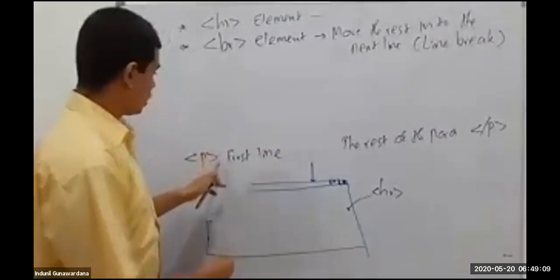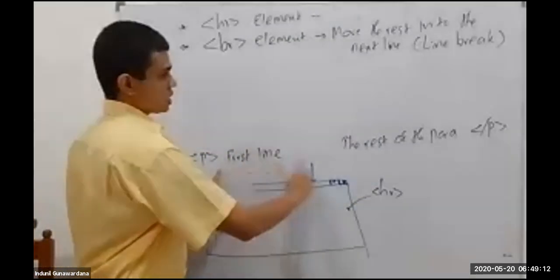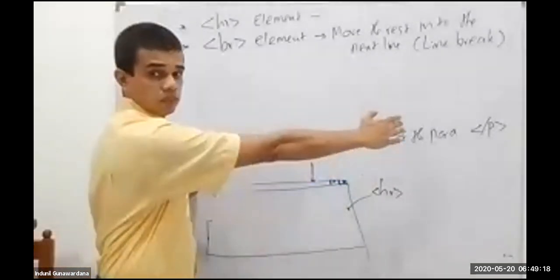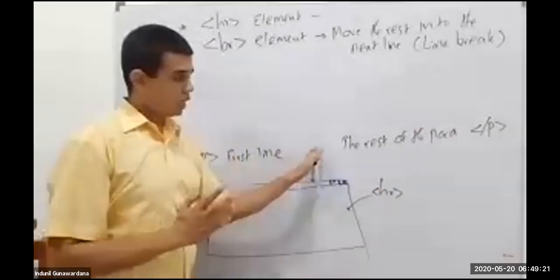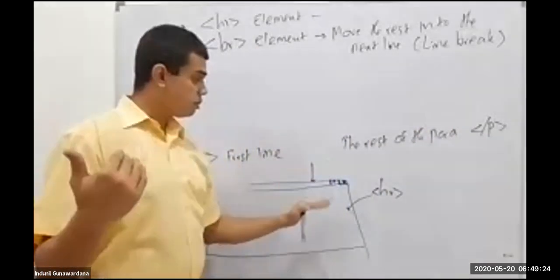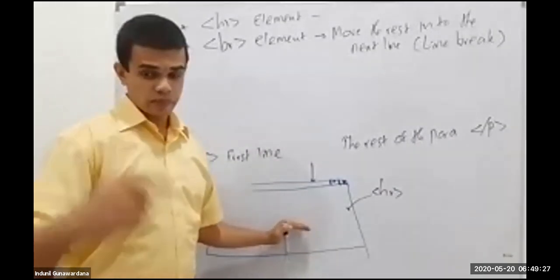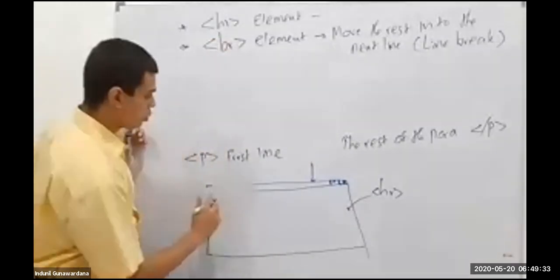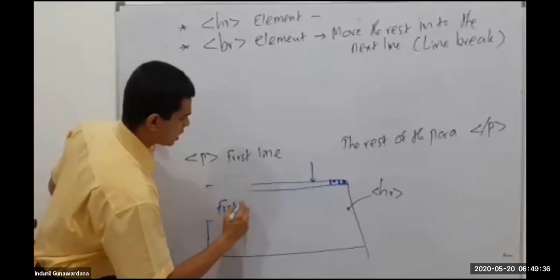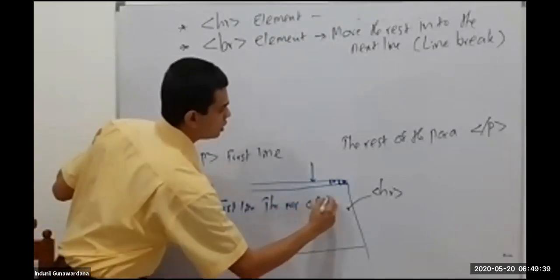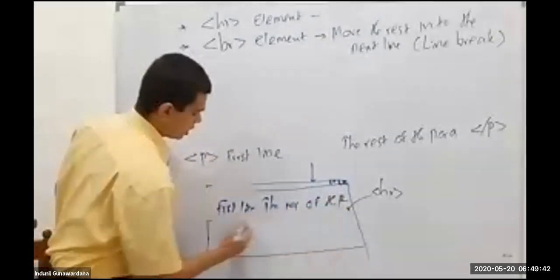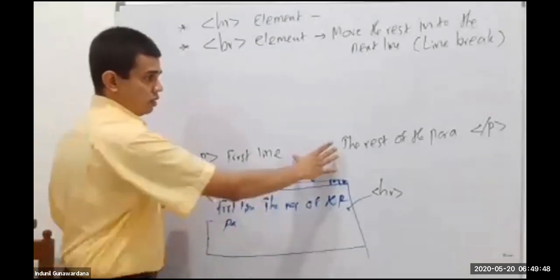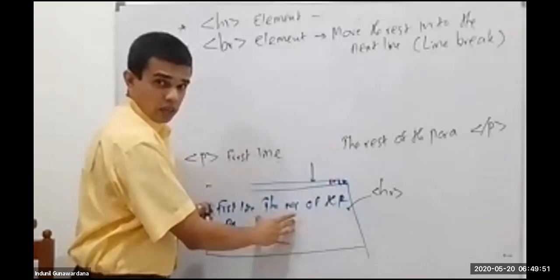I have the same coding: first line, and this is a paragraph now. First line, the rest of the paragraph. If it is like this, it is in one line, the same paragraph from start to end, no problem. Though there are many more spaces, will they be available in the output? If this is the code, what is the output? No BR, no HR is used. Then the output is: first line, the rest of the paragraph. If the width is not enough, the paragraph goes to the next line since the web browser has no space to display. Here, many spaces are there. Will they be maintained here as well?